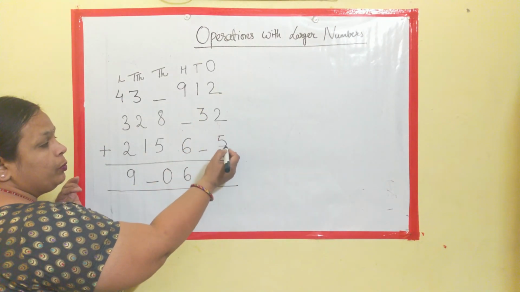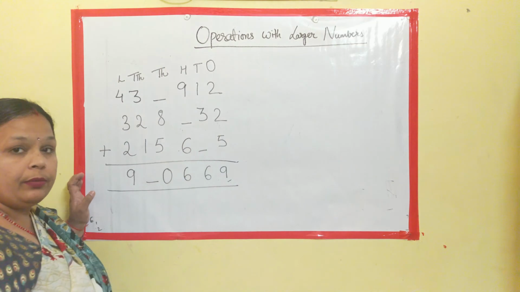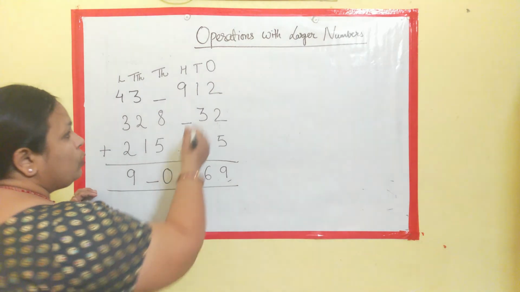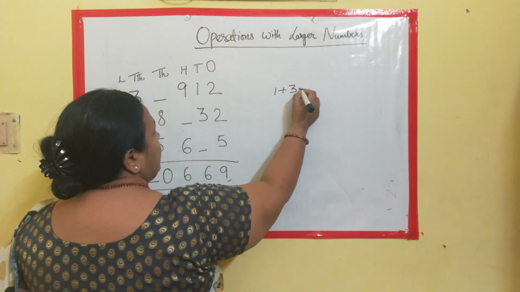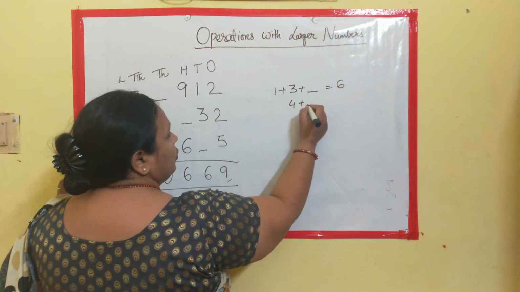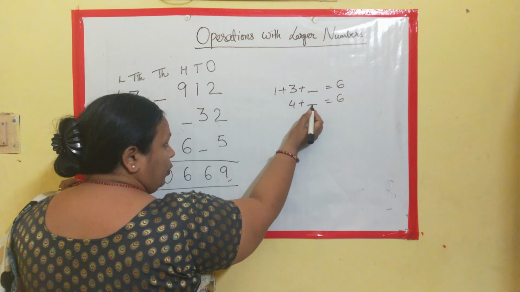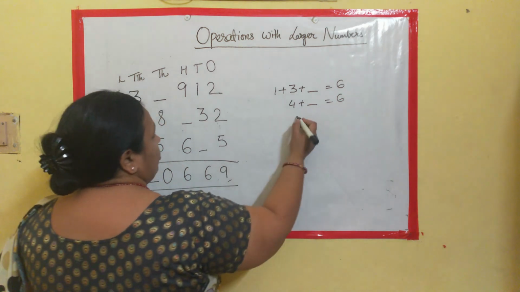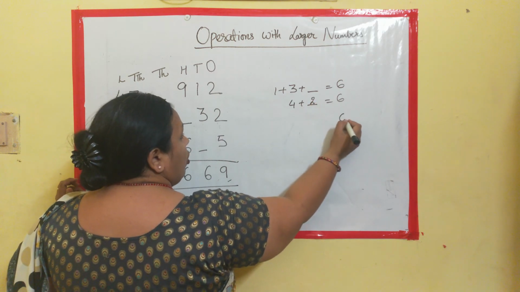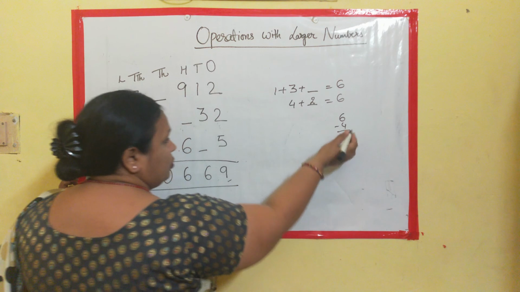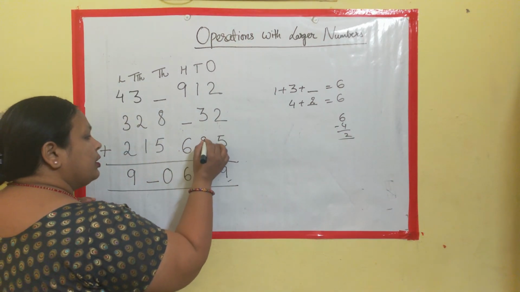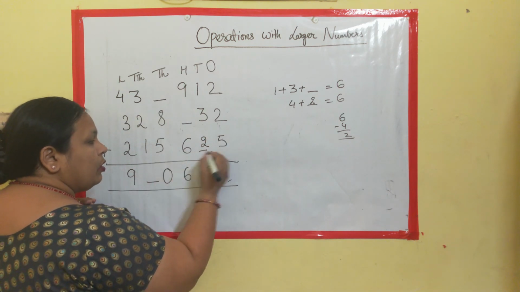Now see, here it is very clear. 2 plus 2 is 4, 4 plus 5 is 9. So this part is okay. Coming to this, 1 plus 3 plus dash is 6. So what does this mean? 1 plus 3 plus dash is equal to 6. So 1 plus 3 is 4. 4 plus dash is 6. What can be added to 4 to give 6? It is very easy: when you add 2, it will become 6. Or else, as we have seen, 6 minus 4 is 2 in the previous example. So what we get here is 2. Clear? So this is solved now.